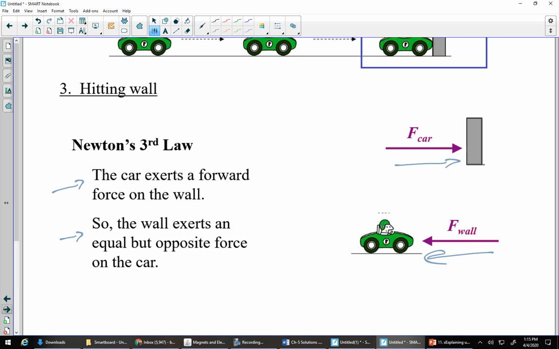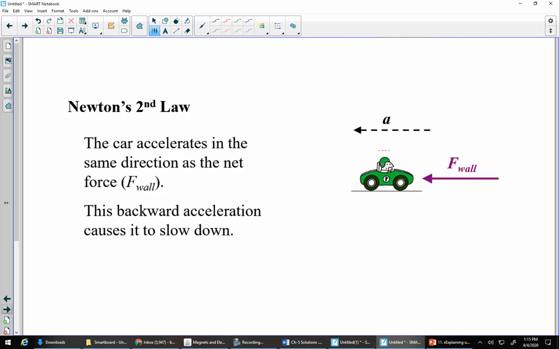We could also talk about this in terms of the second law. Well, now the net force is going to be backwards. Now the bigger force is going to be the force of the wall on the car. The acceleration is going to be in the same direction as that net force, so there's going to be a backwards acceleration causing the car now to slow down. Cool. So that's not so bad. Again, this whole thing comes down to saying which law applies and then using that law to describe